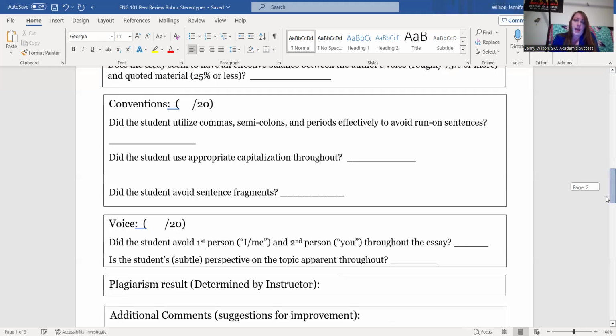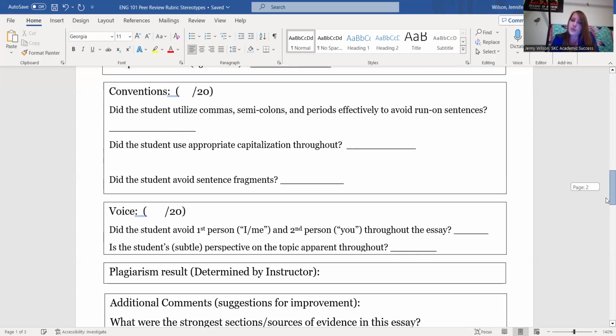Okay. Conventions, spelling, grammar, punctuation, mechanics, things like that. That matters. Take a few extra minutes at the end of your paper. We have such wonderful AI tools at our disposal to give you the little squiggly lines and help you make those better. But if you hustle and turn it in and don't do that, it gives, again, a poor impression for the whole paper.